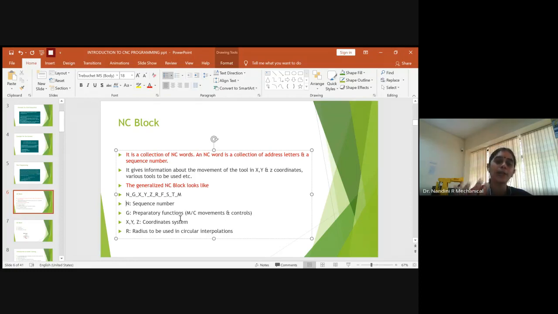So that material can go to waste. And second option is, if it is going on continuously, the tool also gets heated up and the material also gets heated up, because you need to provide a stop for every operation. And see, whenever the coolant has to be on, you have to give a command, and also off options. So there should be a gap. For all these, a set of G codes are there which will assign the separate preparatory functions for the movement of the machines.